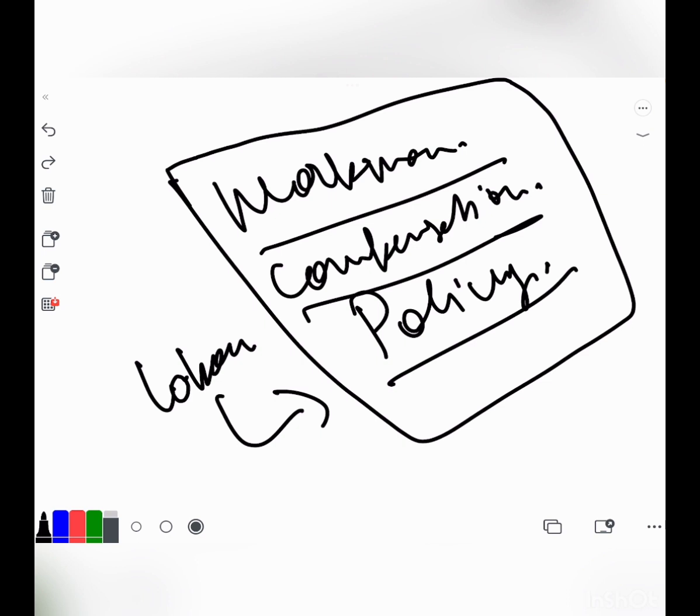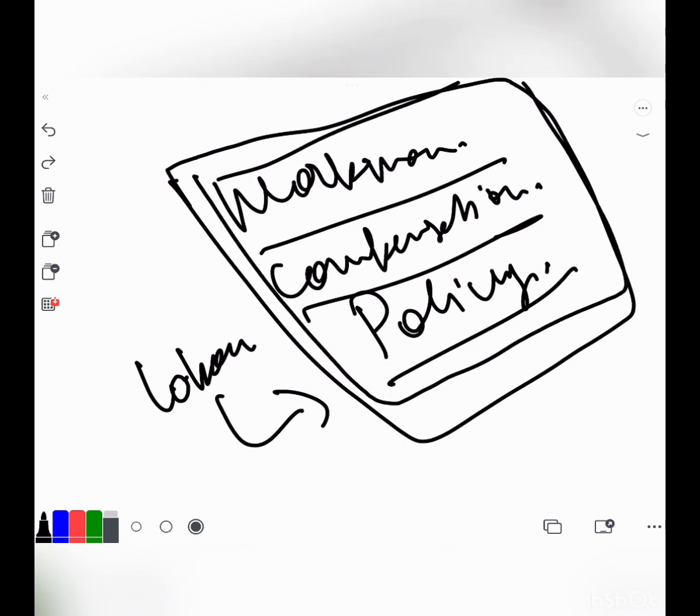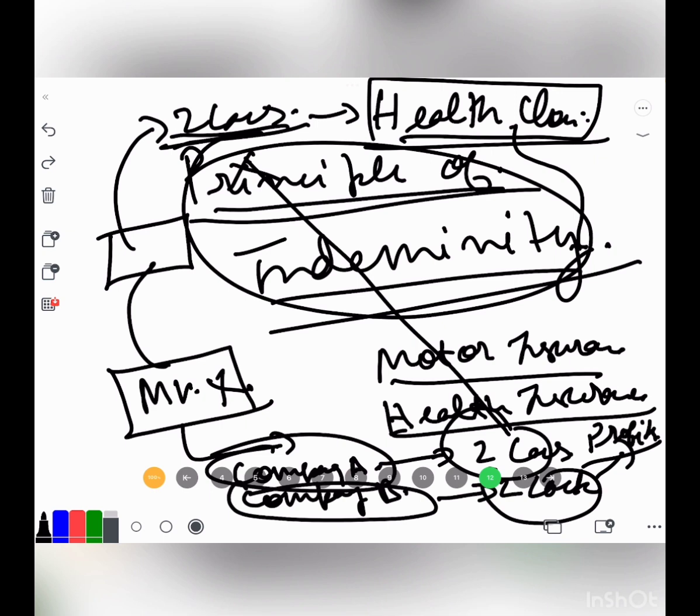So workman compensation policy is mandatory for most of the places where there is a labor working. It's very important. Sometimes, because of workman compensation policy problem, if it's not there, companies are sold because the claims come very huge. So workman compensation policy again is very critical, and it is required for paying the laborers if there is an accident.